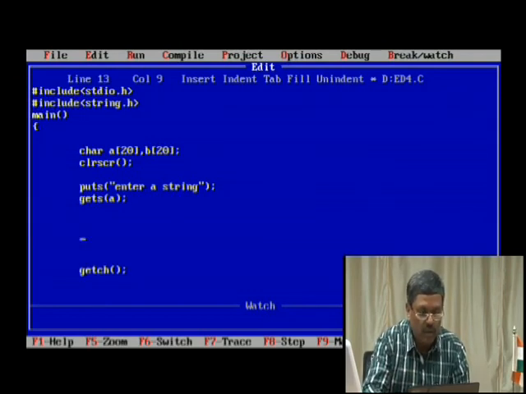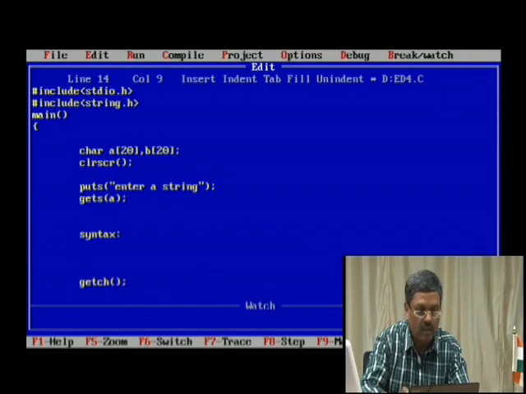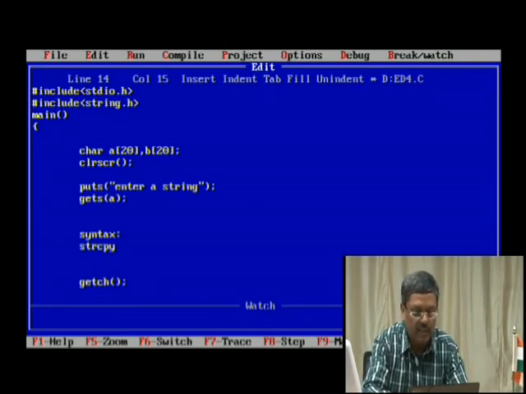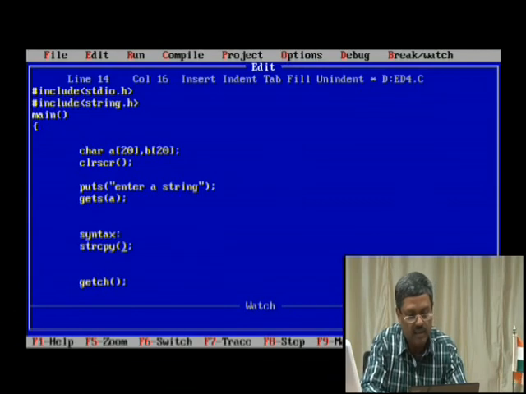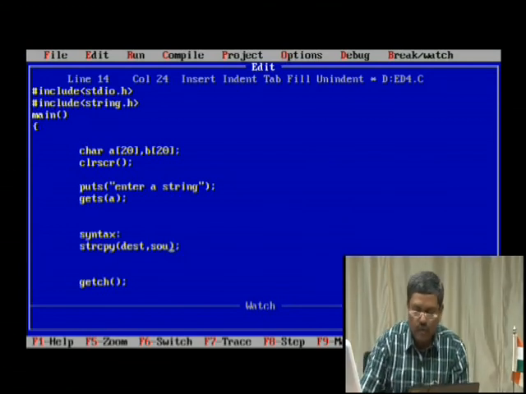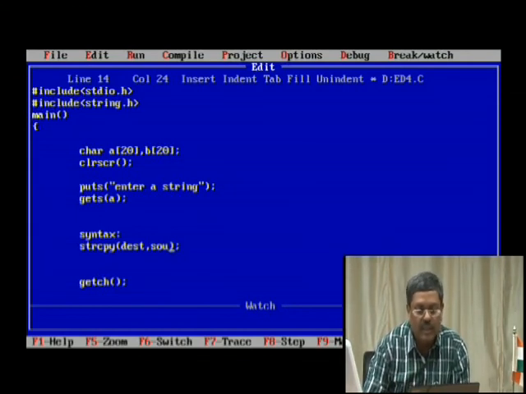So what is the syntax of this particular string copy? strcpy is the function, and it will have two parameters: destination comma source. Or you can say target and then source. That means the first one will be the target and the second parameter will be the source.